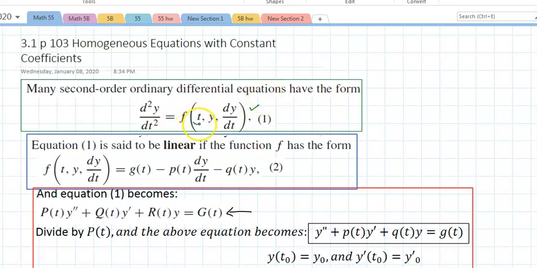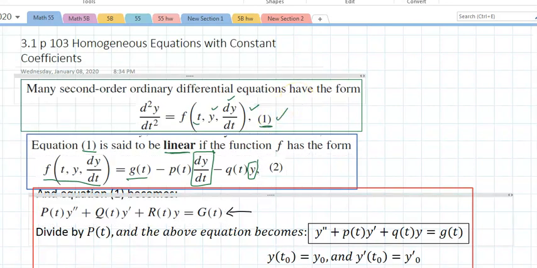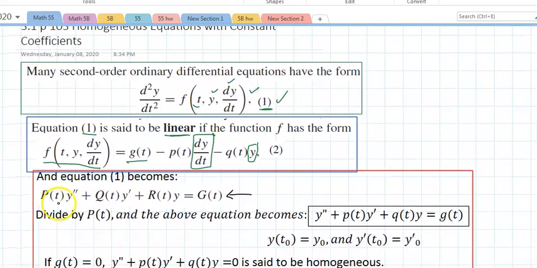You have an independent variable t, a y, and a derivative. Equation 1, that's one right there, is said to be linear if f has the form, this function right here, that depends on g of t, a derivative of y, and a y. And equation 1 becomes p y double prime plus q y prime plus r y equals g of t. This is a second order linear